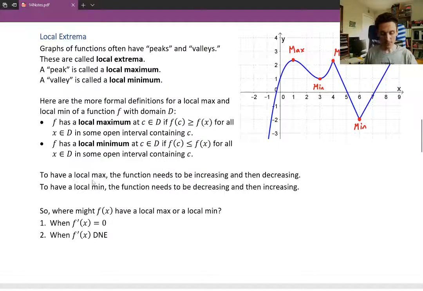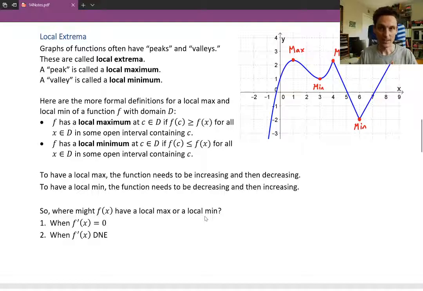Now, as we mentioned, to have a local max, the function needs to be increasing and then decreasing, and to have a local min, the function needs to be decreasing and then increasing. So where might a function have a local max or a local min? Well, the places where the first derivative might change signs, and that would be f prime equals 0 and f